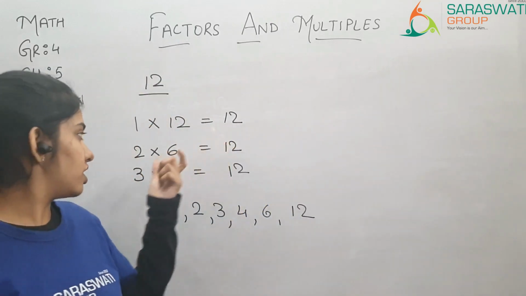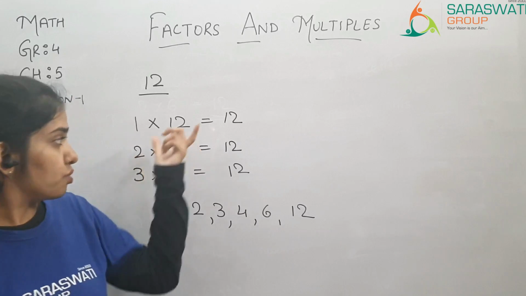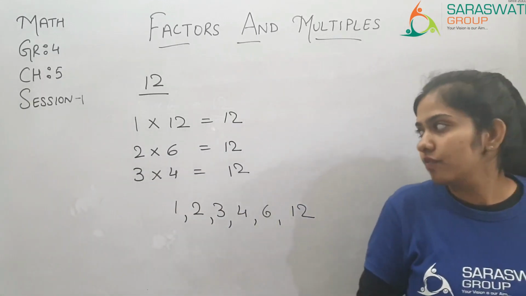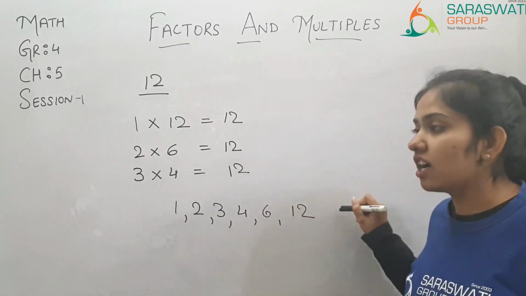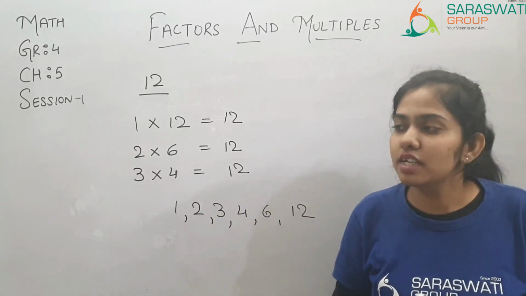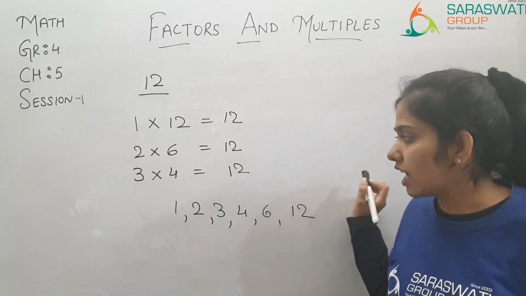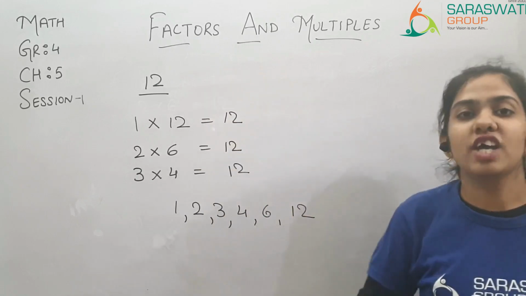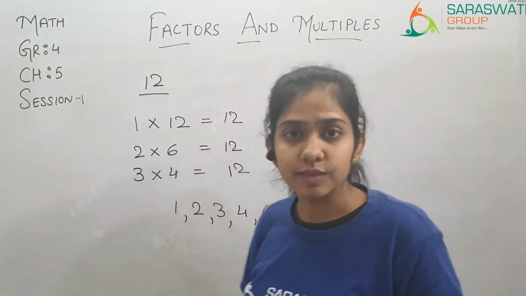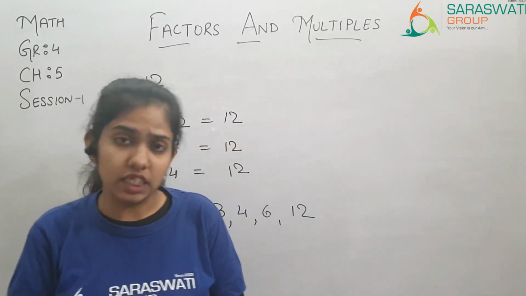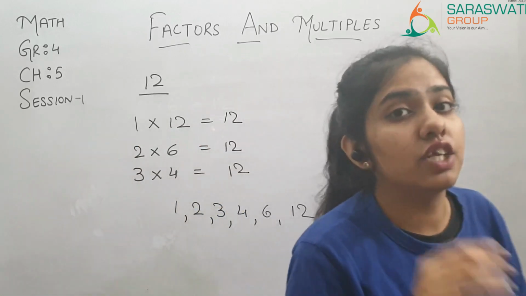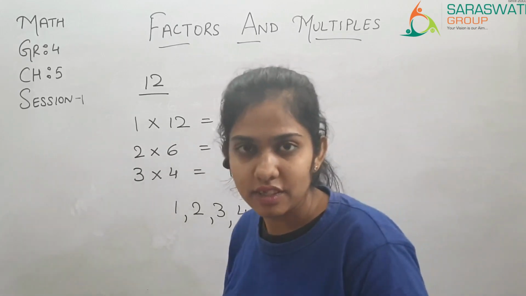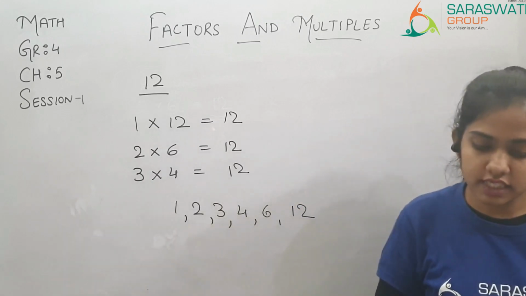કે 12 છે તો એ 3 4s પણ 12 થાય, 2 6s પણ 12 થાય and 1 12s પણ 12 થાય. So these are the numbers which are the factors of 12. એટલે કે આ બધા numbers 12 ના factors છે, કે આને મલ્ટીપ્લાય કરવાથી આપણને આપણો પ્રોડક્ટ 12 મળી જાય. Okay, I hope that you are getting it clear, and you have already studied in your previous grades also what factors and multiples are.